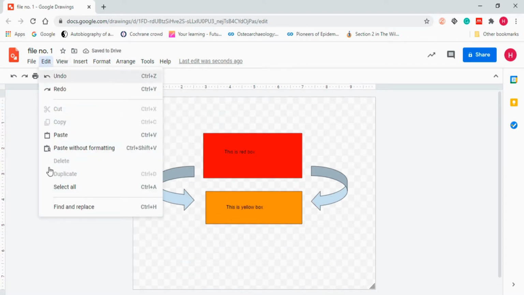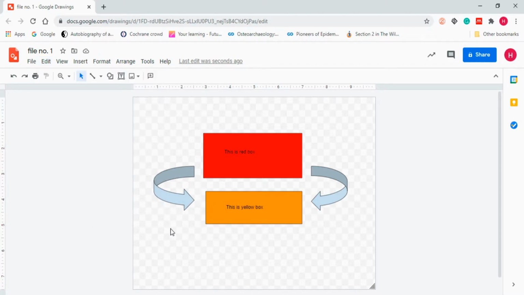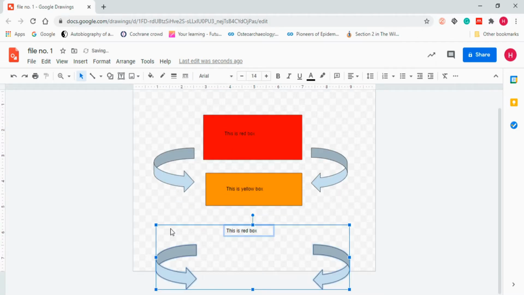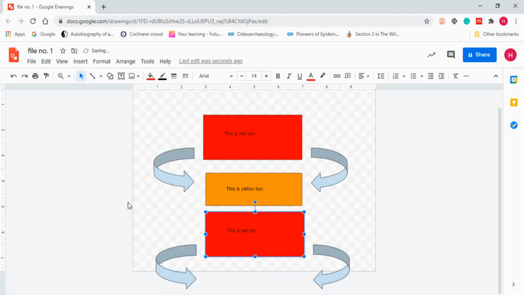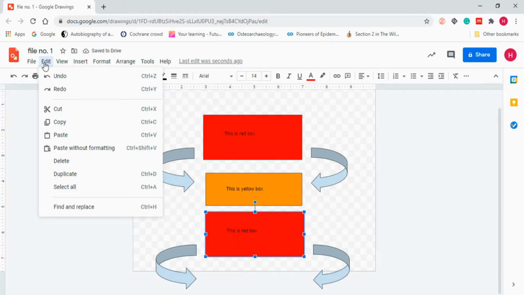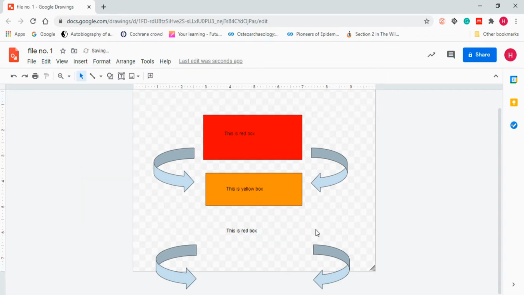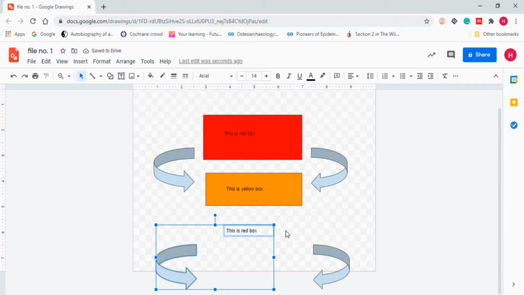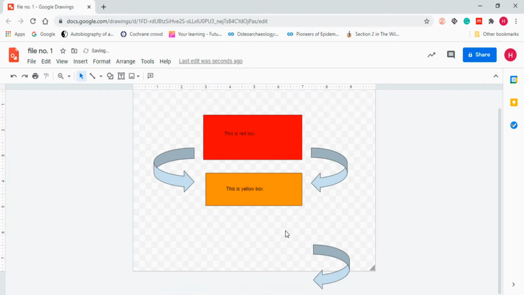After that we have a delete option, which I have just covered. You can delete anything. Like, I just undo the process so it will get back, or you can delete from here as well. Click in here, after that click on delete, and you will be able to delete it. Or you can use the button that is available on your keyboard for the delete option. Just click on that, and you will be able to delete that portion from your keyboard also.